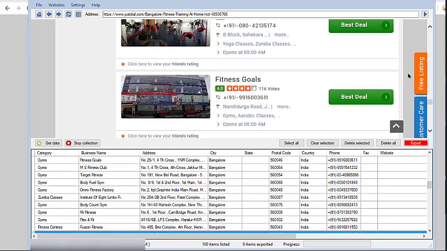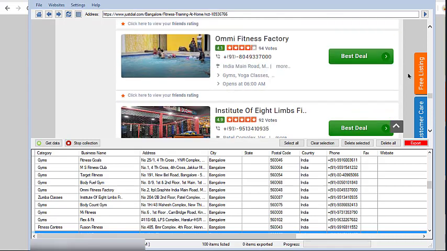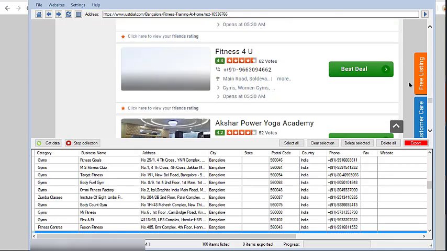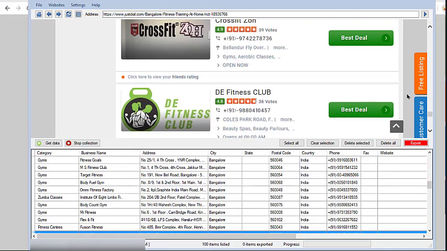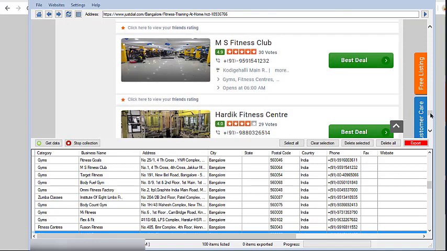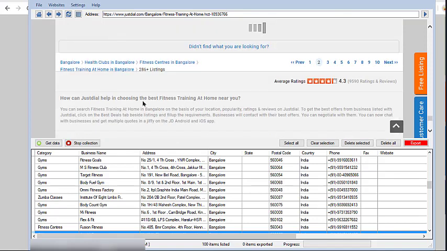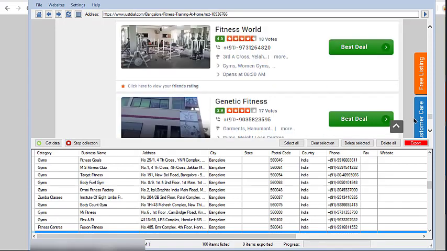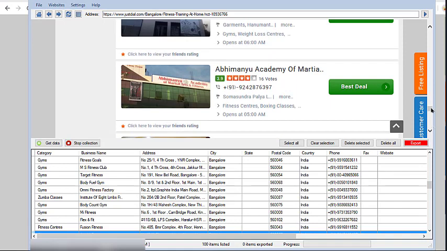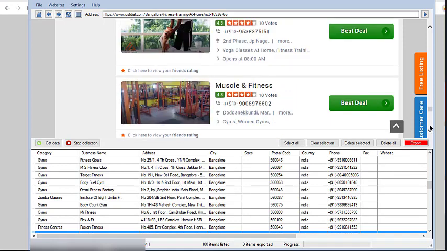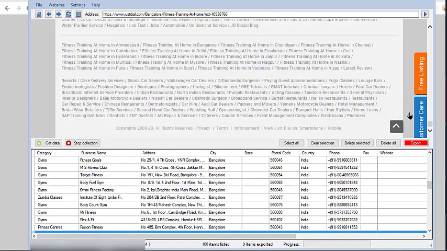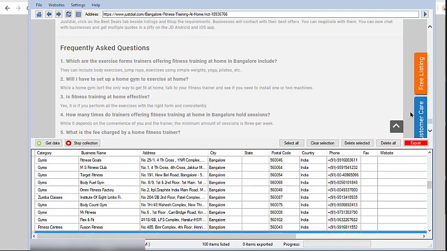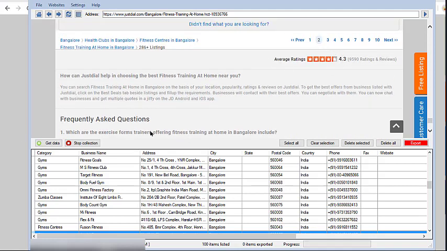Now that all the listings have been loaded, it's still getting loaded. Okay, now we have reached the bottom of the second page.